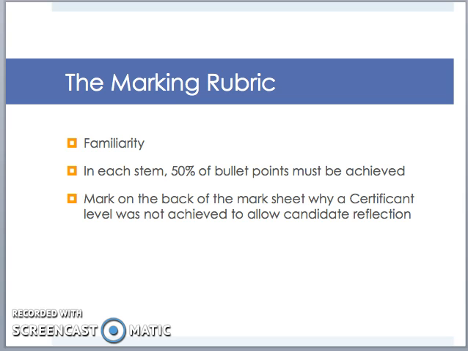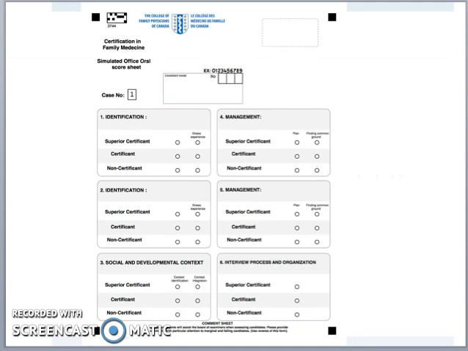Familiarity with the marking rubric is really important to be able to mark candidates effectively and consistently. The marking rubric looks like this, with 6 sections, 2 sections being 1 and 2 for problem identification 1 and 2. Section 3 is for social and developmental context. Sections 4 and 5 are for problem 1 and 2 management,